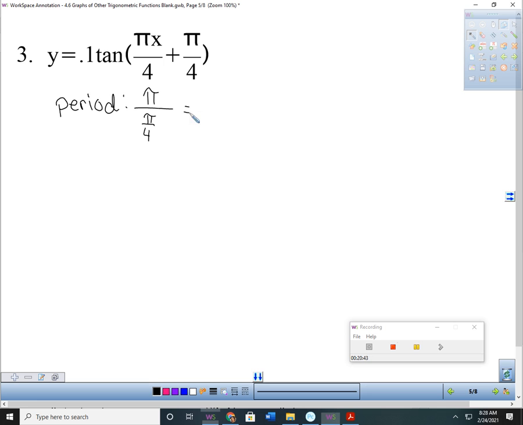So if I work that out, I get 4, because my pi's are going to cancel. And again, you can just plug that in your calculator if you want to. Just make sure when you do that, that you put the fraction box in the bottom of a big fraction instead. Like, you have to pay attention to which bar is longer, right? All right, so I just get 4 because my pi's ended up canceling out. So that leads us to, if we have a pi left for our asymptotes, then we've done something wrong. So for your asymptotes,